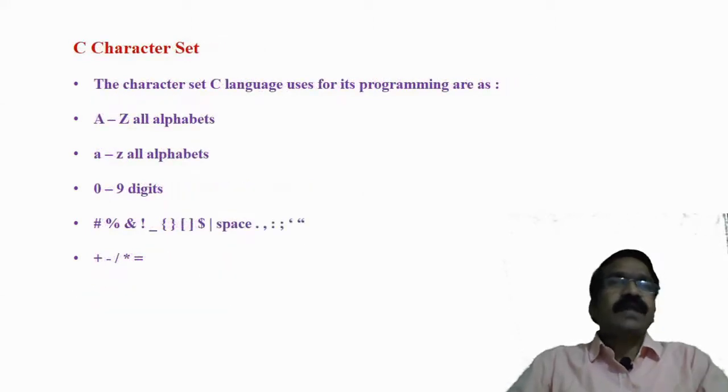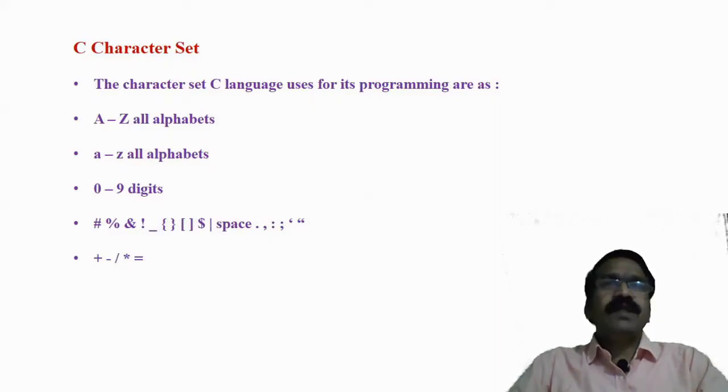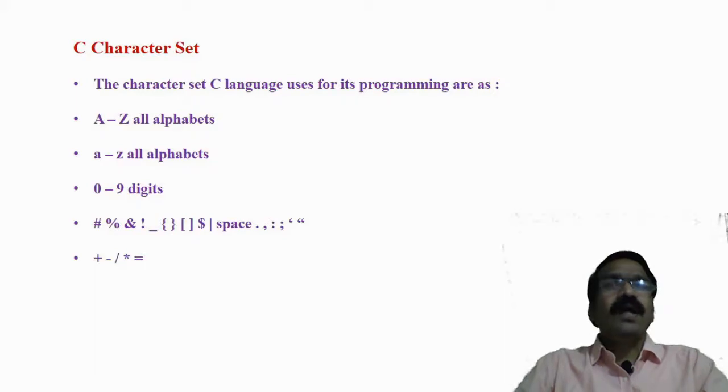First we will see the character set. As we know, to learn any language, the character set is essential. Character set means, suppose we want to learn English. Then first we should learn the alphabets used in the English language, that is, A to Z. After that, using those alphabets we form small words, like A for apple, B for ball. And the third step is we form simple statements.